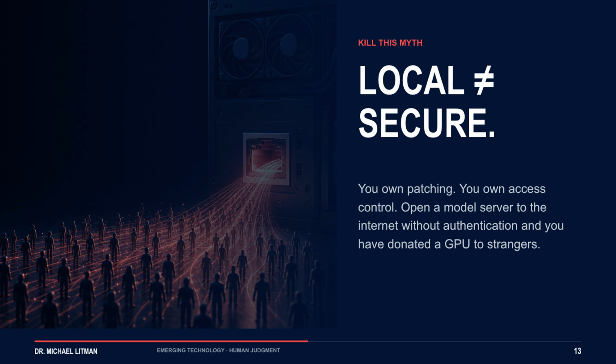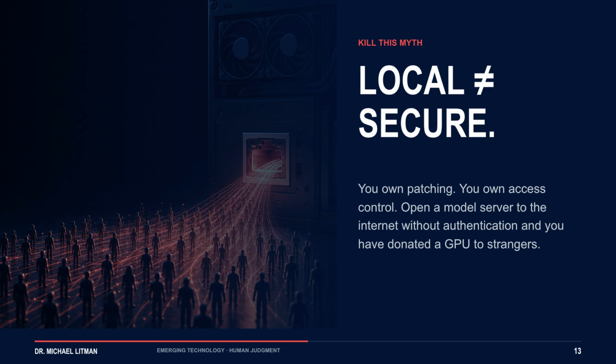Now, let me kill a myth while I'm here because it's a dangerous one. Local does not automatically mean secure. I want to say that again. Local is not automatically secure. You still own the patching. You still own the access control.